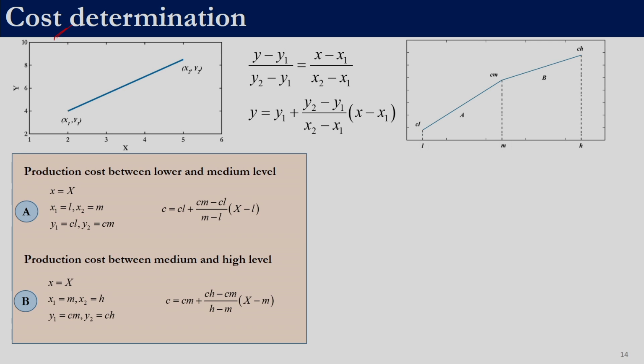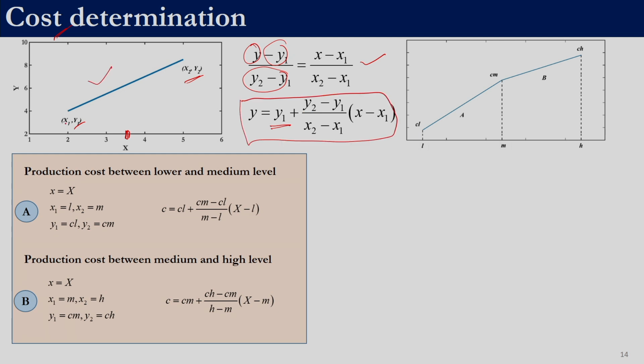Just to help you recollect basic mathematics, for a line connecting 2 points (x1, y1) and (x2, y2), this is the equation of the line: (y minus y1) by (y2 minus y1) is equal to (x minus x1) by (x2 minus x1). Given any particular x, how do we calculate the value of y? We can rearrange this equation. We keep y on the left hand side, take y2 minus y1 to the right hand side, so y is equal to (y2 minus y1) by (x2 minus x1) into (x minus x1), and the minus y1 we take to the right hand side, that becomes plus y1. This is the equation that we will be using.